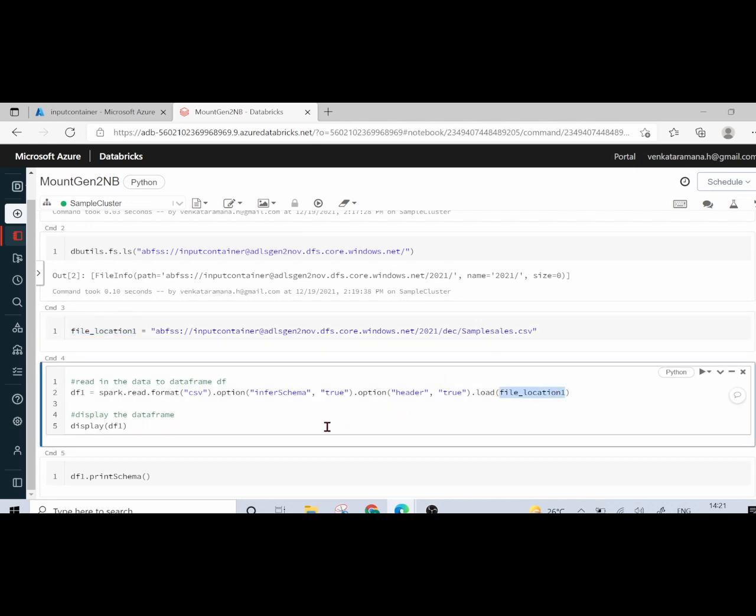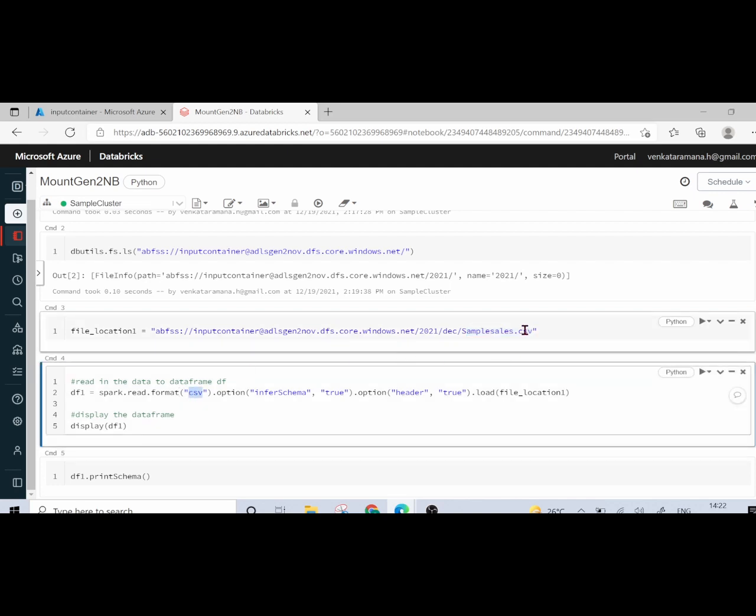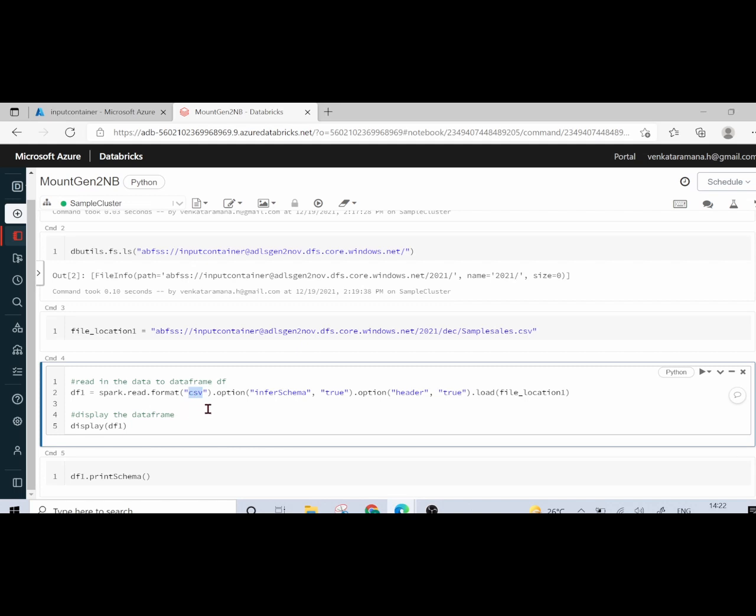So basically, how do you read any particular file? If you want to read data to your data frame, how do you do that? You basically do it using spark.read and that particular format. If it is a csv format, then inside the format you'll specify csv. If it is a JSON, then JSON. If it is a Parquet, Parquet. XML, XML. Based on the format you are trying to read, that specific format you will have to give. Since I'm trying to read my CSV format, I'll just specify dot format of CSV.